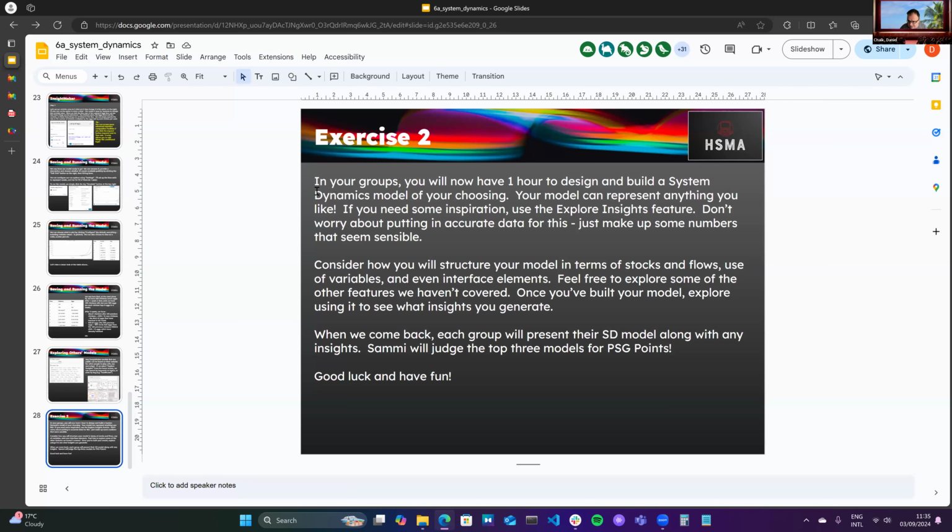Feel free to have a look at stuff we haven't covered this morning as well. And once you've built your model, try running it, explore different parameters, see what insights you can generate. Now, we're not going to have time for people to present that, but if you post links to your models,